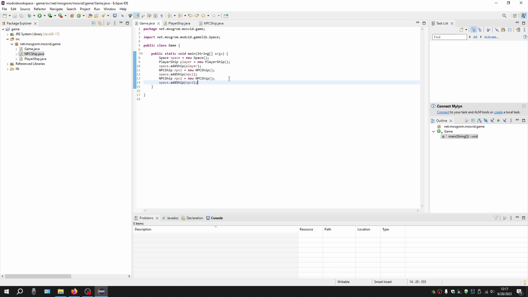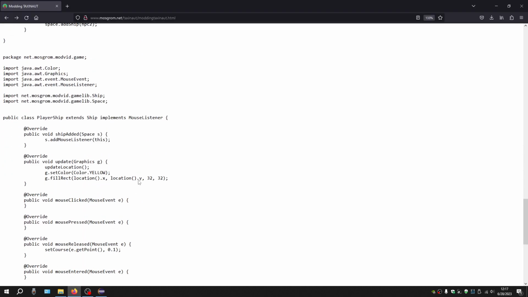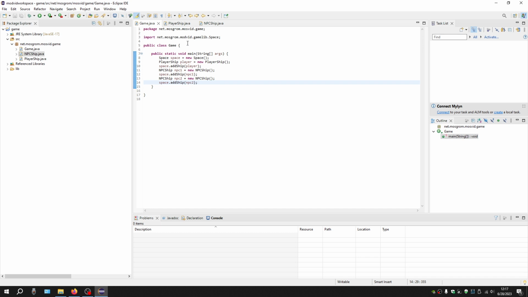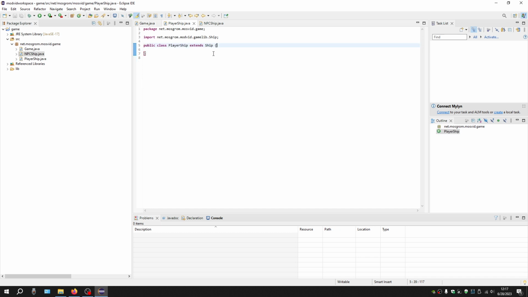So instead, we're going to make the player ship a... What will we do? Let's see, how did I do it in the player ship? Right. We'll make the player ship a yellow rectangle. Now, the nice thing is, when you inherit from other classes, the methods that those classes already have defined, you can use them, right? So, for example, if I had a method here, blah,